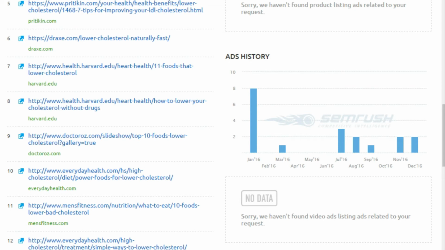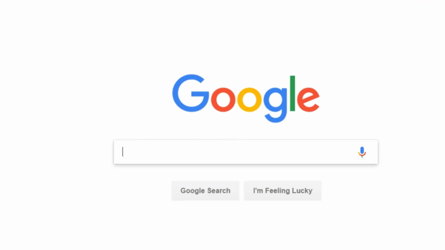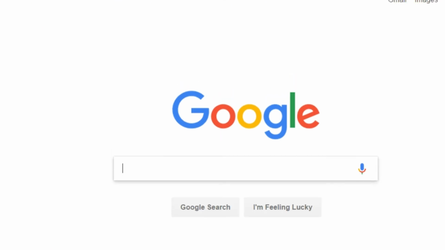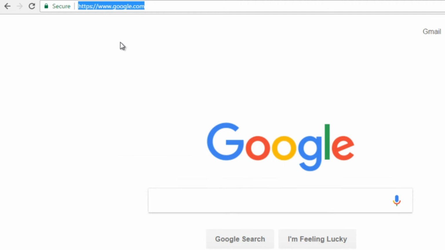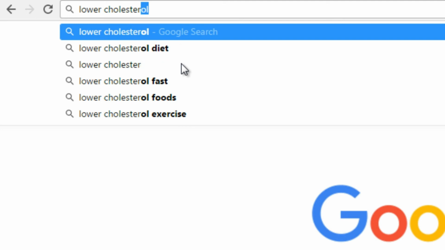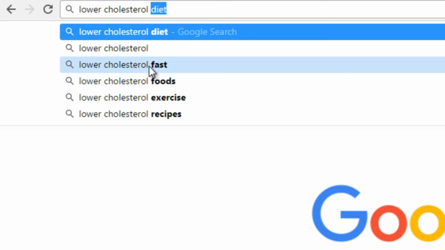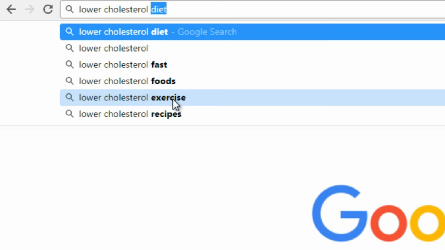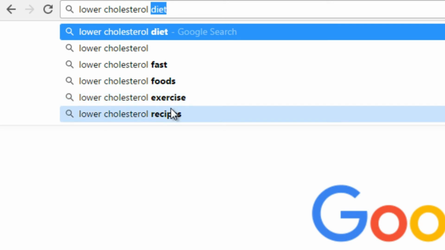In addition to this, if we head back over to google.com, up at the top here, if you put a keyword in the address bar, let's say for example lower cholesterol, you'll notice that as I begin to type things out, Google will actually try to complete your sentence with lower cholesterol diet, lower cholesterol fast, foods, exercise, and recipes.